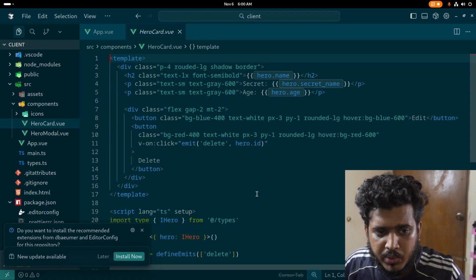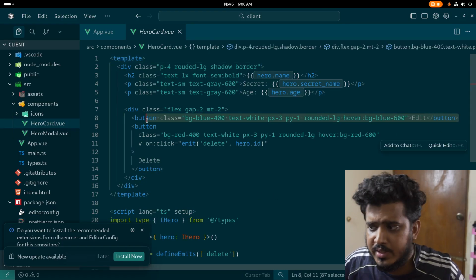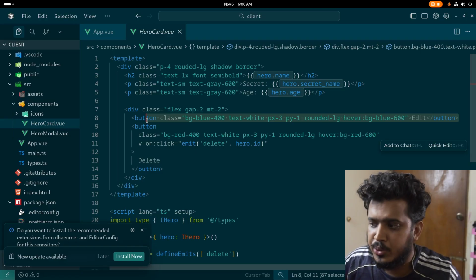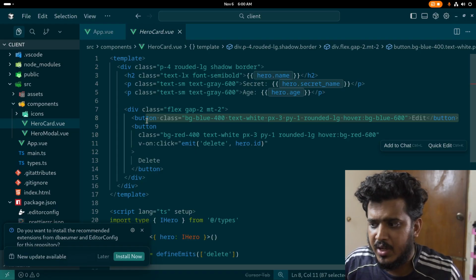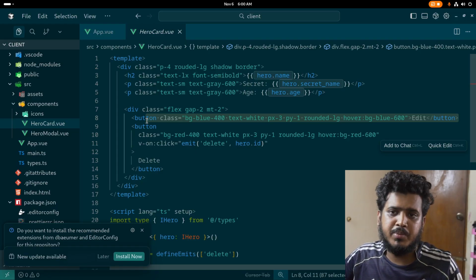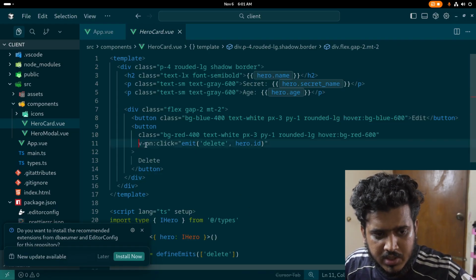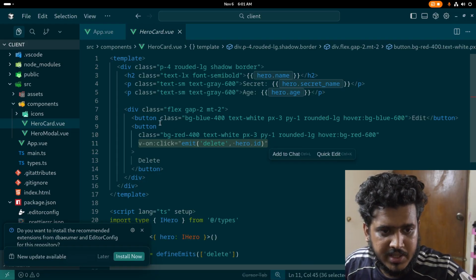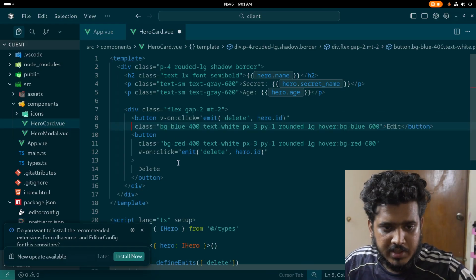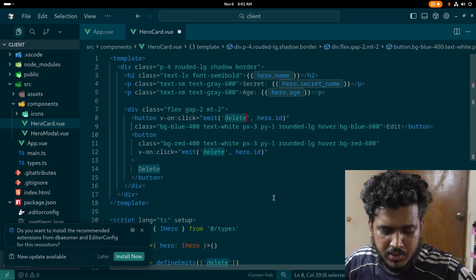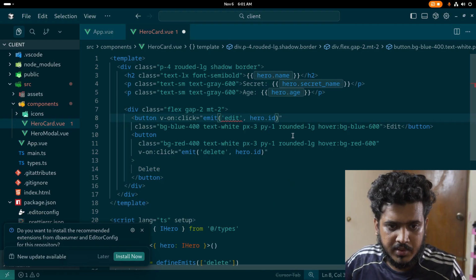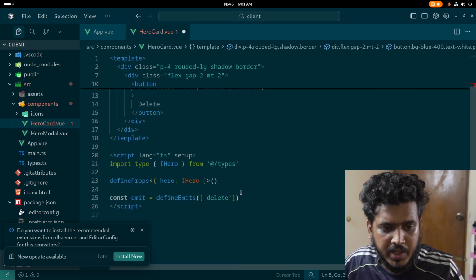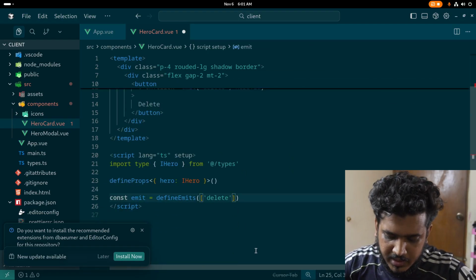In our hero card we already have this edit button. Now let's go ahead and add an event listener to it. So when someone clicks on the edit button, it will trigger the function that opens the update model. For that I'm going to just copy this line and paste it in here, but this time instead of delete I'm going to say edit. Okay, now we need to define this edit image,